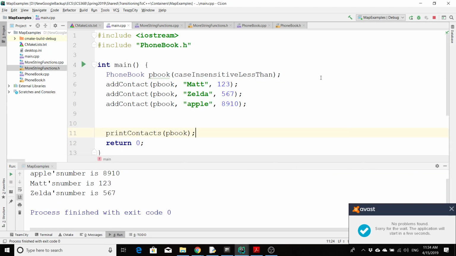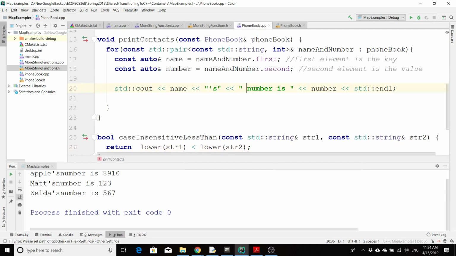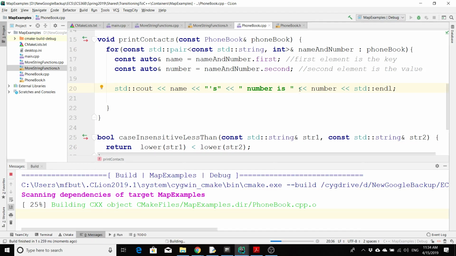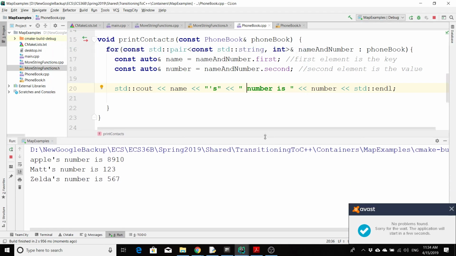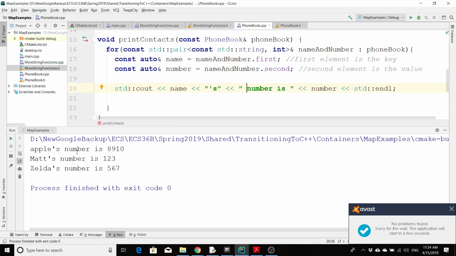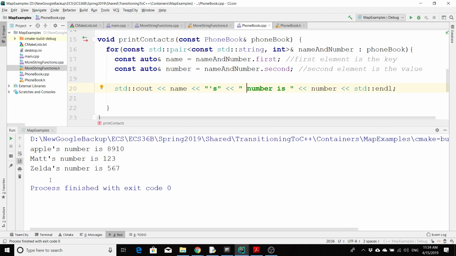And so when things get printed out, right? Oops, that looks a little bit nasty. Space there. So when you look down here, notice it did it in alphabetical order, like Apple, then Matt, then Zelda,